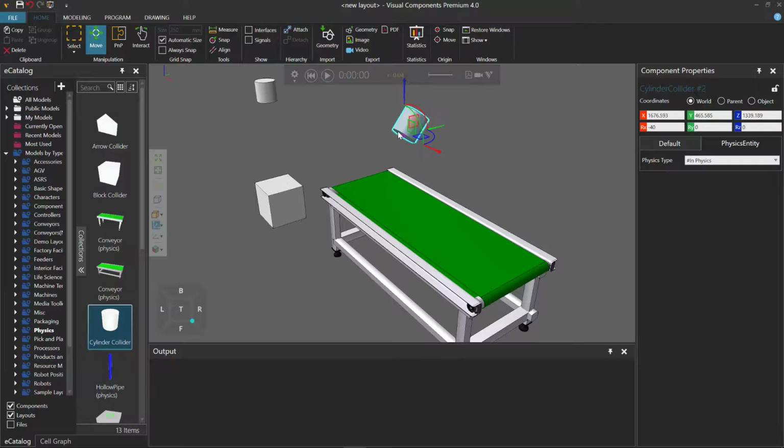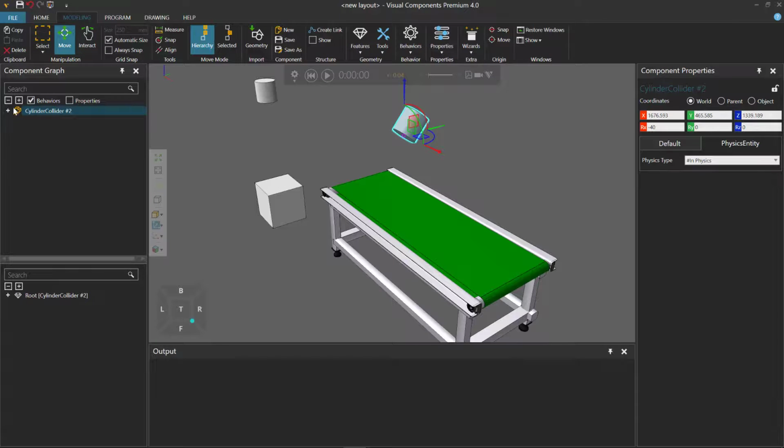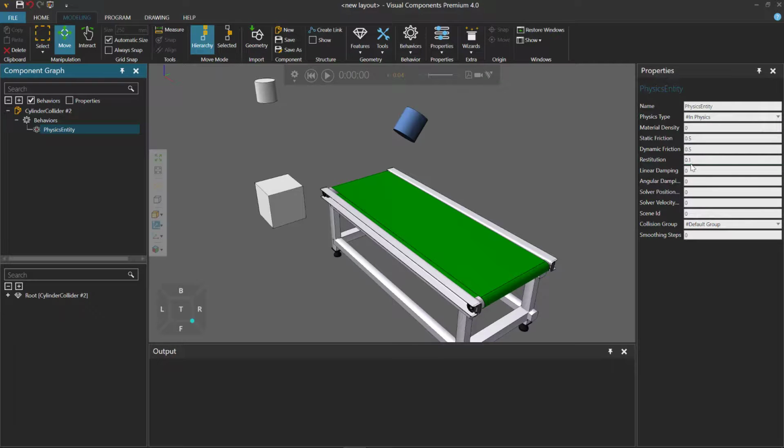So let's actually see what happens when we have the full restitution here for the cylinder. Go to the Modeling tab, access the properties of its physics entity behavior. And let's change that default from 0.1 to 1. Run the simulation. And we got a big bounce back, and that's probably what we didn't want. And you can notice here there are some friction values coming into play. So let's reset and change the restitution to be 0.3. And that time we get a good bounce, and the cylinder moves on.